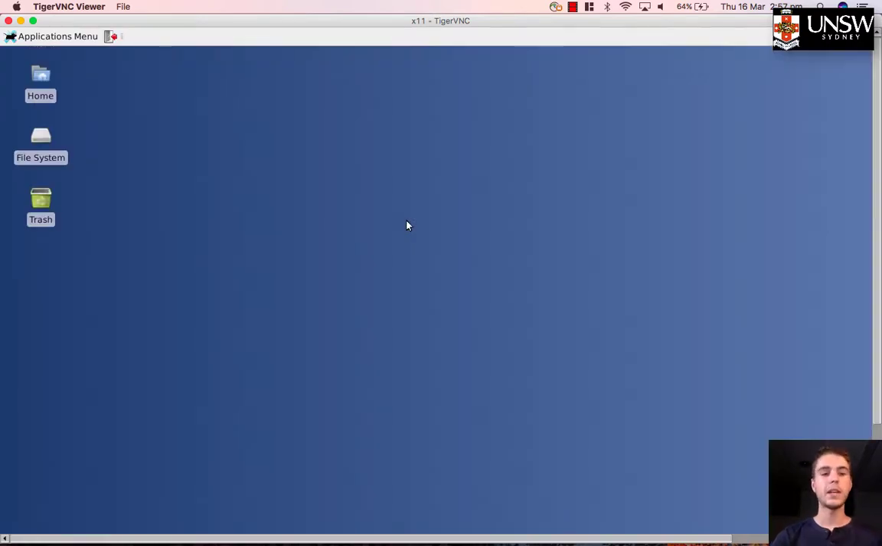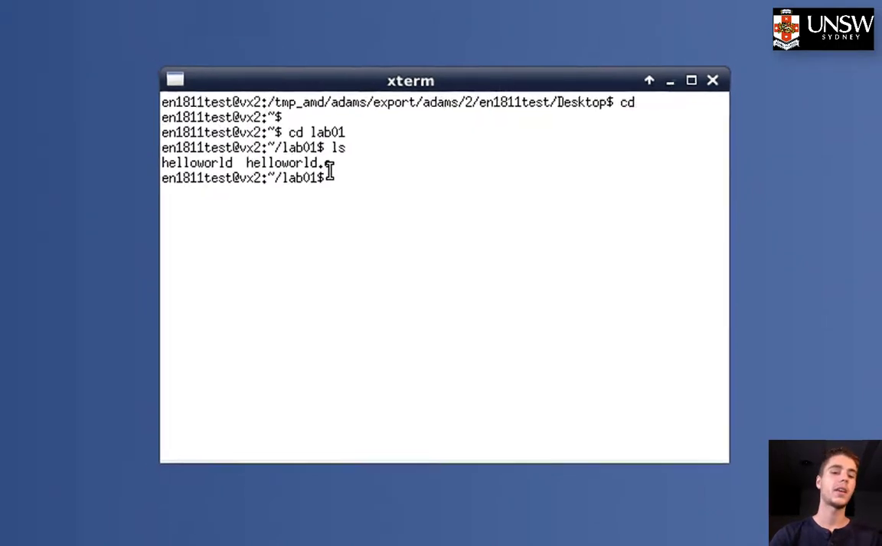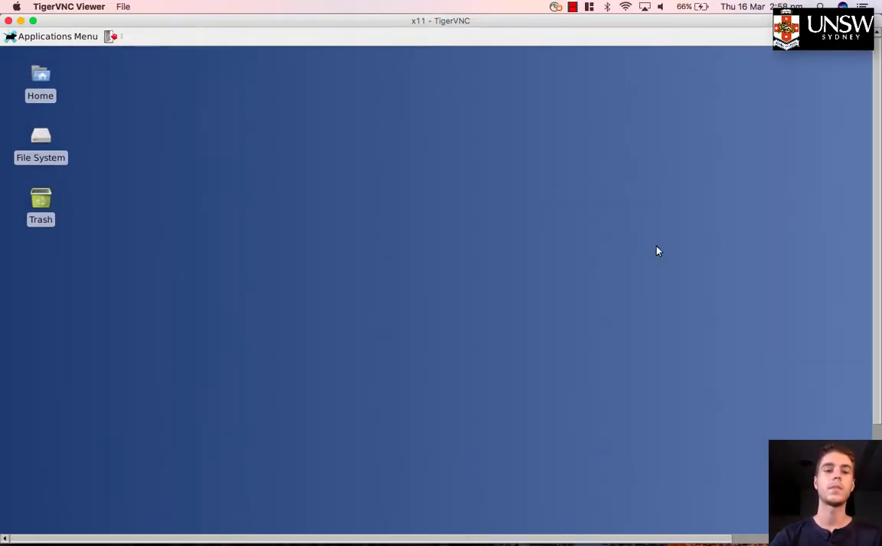And so we get the same desktop as before. I can open up my terminal again, change into the lab01 directory, and as you can see, my files are still here. They are all stored on the CSE server. So when we're finished with our files, we've tested and we've submitted them, we can log out,